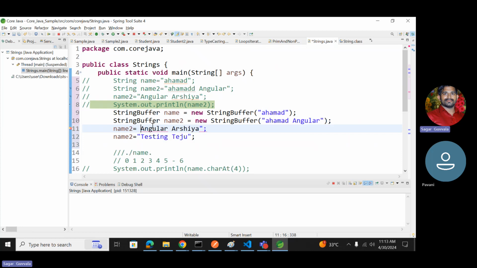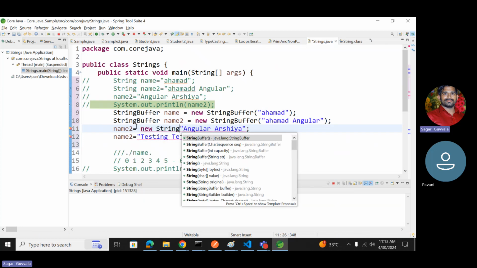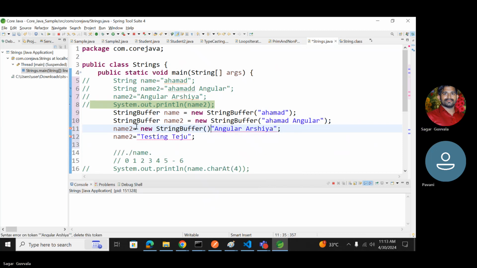Okay. Since it's a StringBuffer, I will just assign a new StringBuffer of, because we need to create the new object reference. A String we can directly assign, but when creating a StringBuffer reference you need to put it like this,